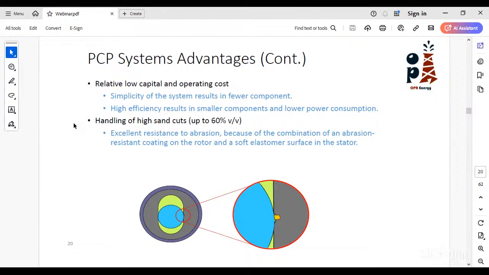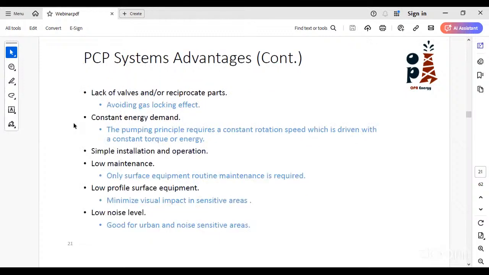The fifth thing is the low capital cost and low operating cost. Of course, the capital cost is high, but it is lower compared to the other artificial lift systems like the sucker rod pump or beam pump and the ESP itself. These are, shortly, the advantages of our PCP system, and that's why many companies are now deploying it for different applications in their fields to take advantage of the PCP system.